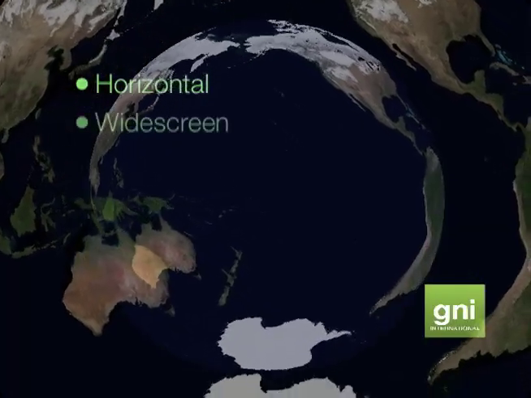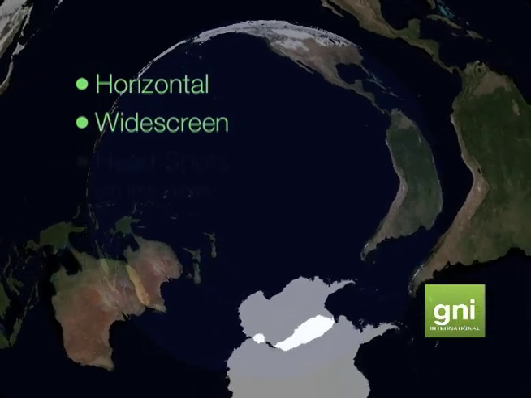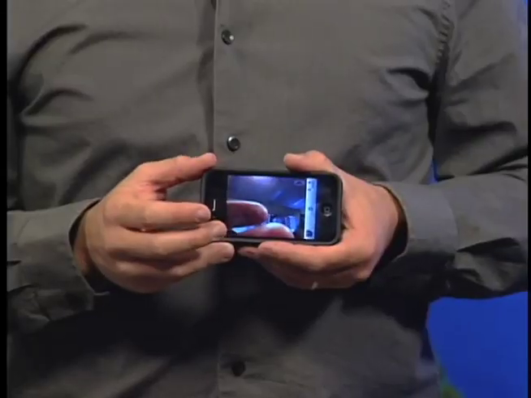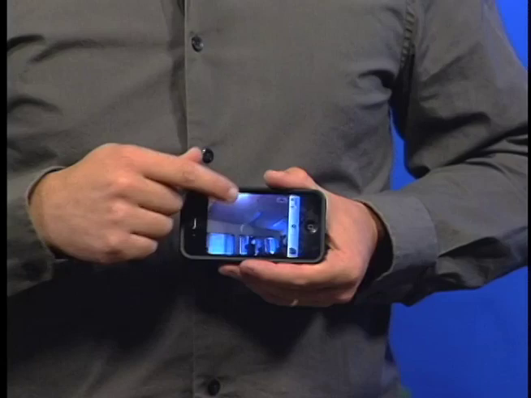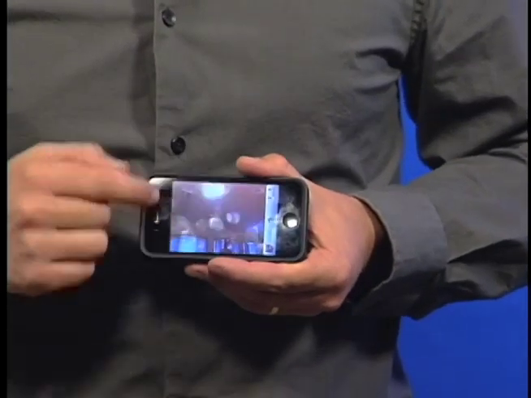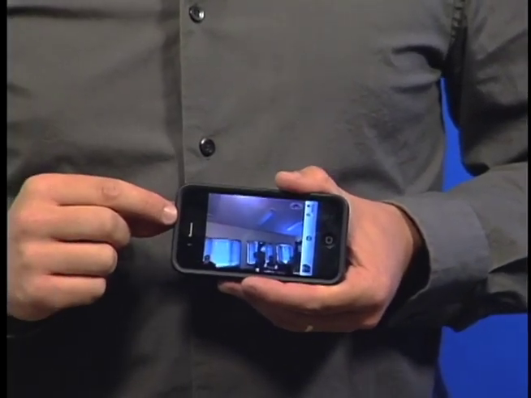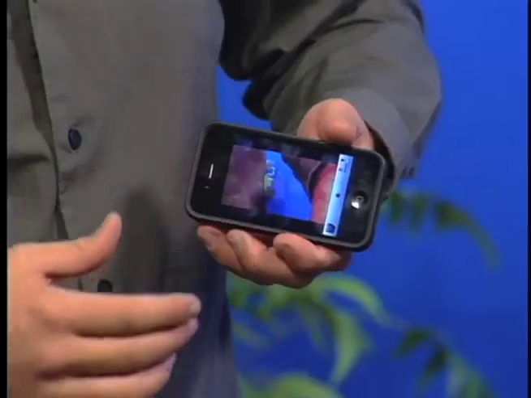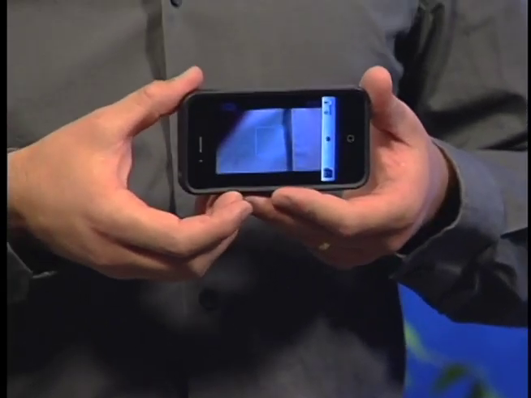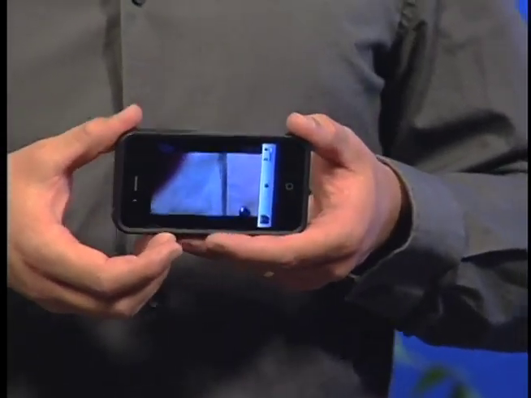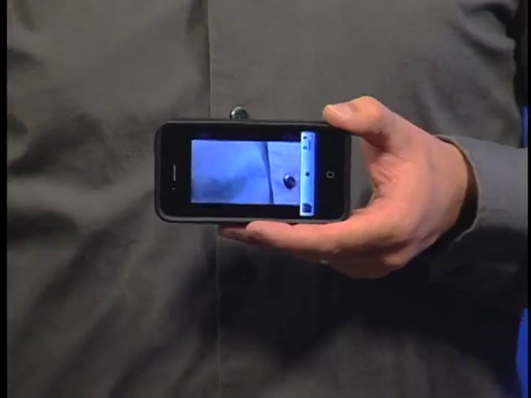Next, we want to make sure that when we're shooting, we shoot in widescreen. Now, the devices are already shooting 720p, a widescreen format, but the trick is that you don't see it. When you open the camera app, you only see a 3x4 representation of the camera. So what we want to do is a double tap, and that sets it to go widescreen. So you don't miss, when you're framing your shots, any of the parts to the left and to the right